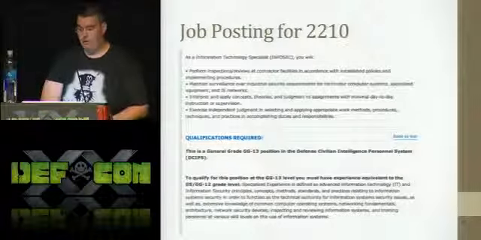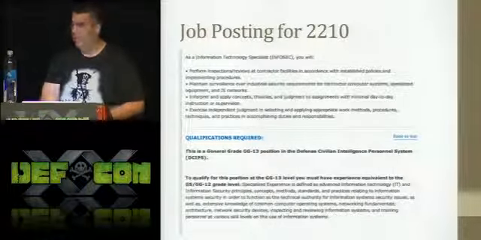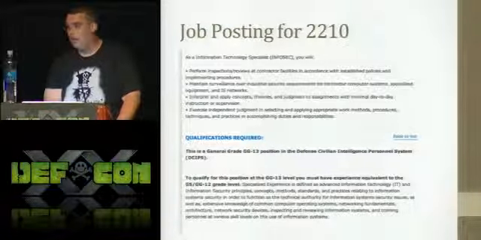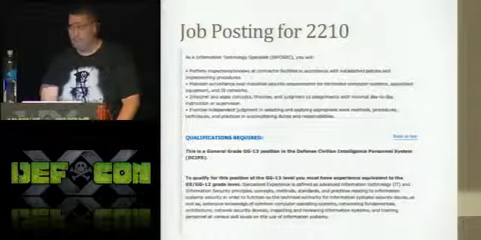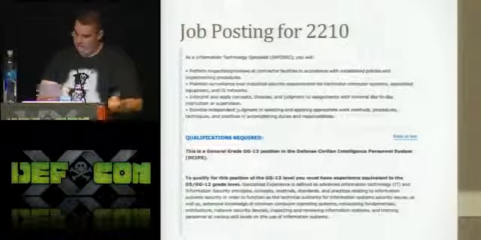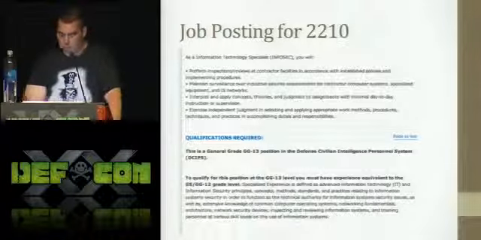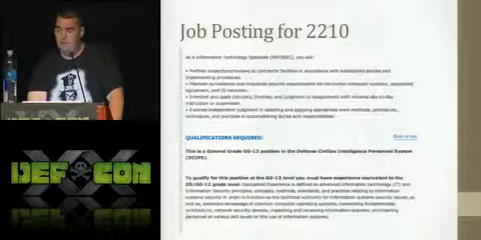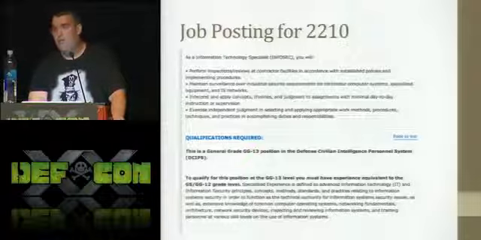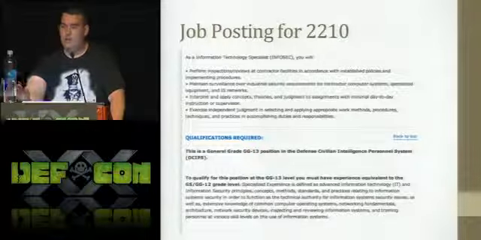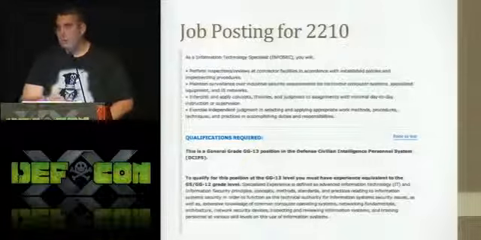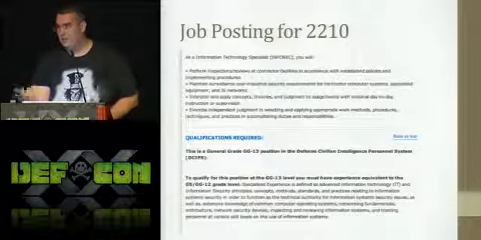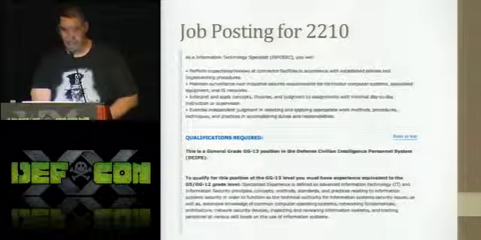And so this is a job posting I want to show you guys from the agency. These are the requirements: you have to be a GS-13 in the agency, which is actually a quite high and highly paid position. There are no Linux requirements, so you can see that. I'm stuck on this Linux thing because it gets under my skin, but you don't have to have much experience at all. And the people that are interviewing for these positions, basically if you have a CISSP, you're hired, because the people within the agency have such a hard time getting their CISSP that they end up getting terminated. So if you have your CISSP, you're golden, because it's an 8570 IA level 3 position.